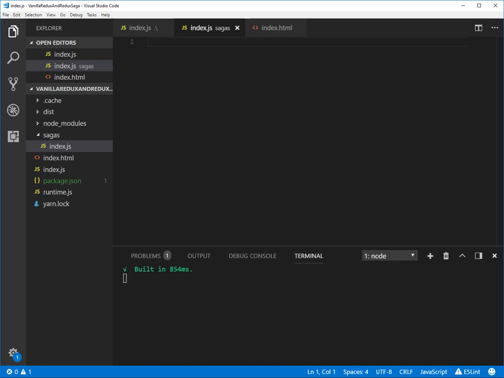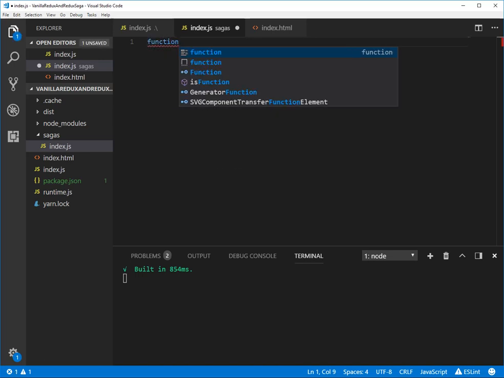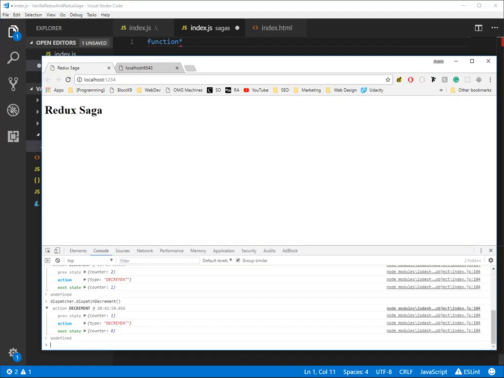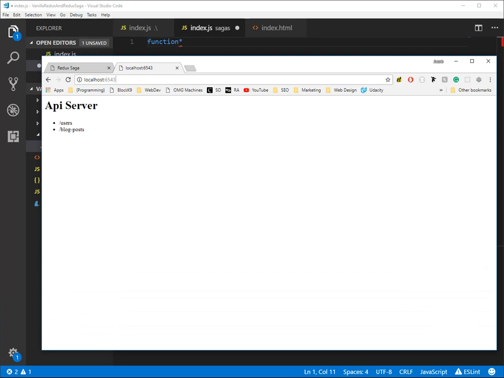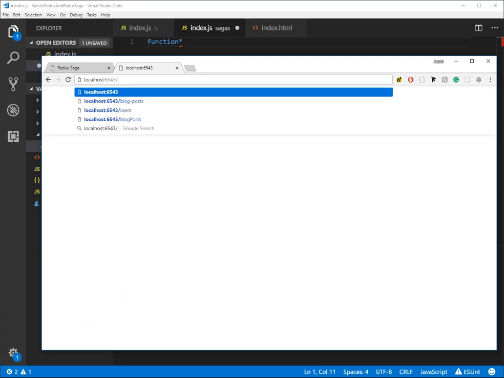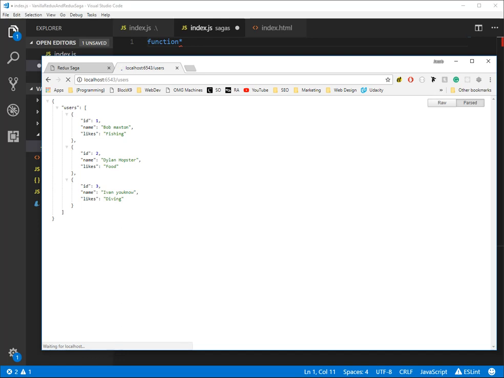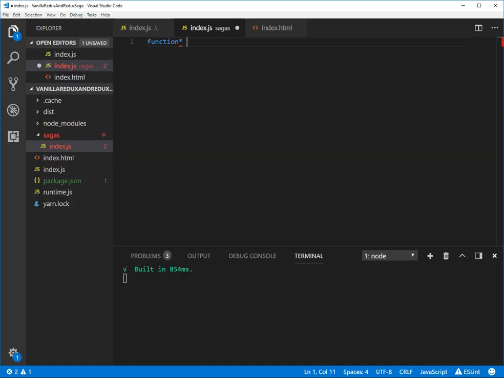So you'll see here, we'll create a new function, and what we're going to be doing is I've got an API here that I made, and it's got 2 endpoints, users and blog posts. We'll show you the users endpoint. Just got 3 users there, so we're going to fetch the users from here and add them to our store. So fetch users watcher,